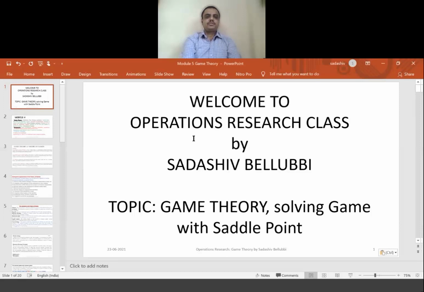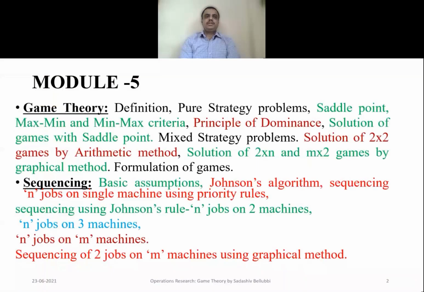we need to study the definition of pure strategy problems and the saddle point, maximin and minimax criteria, principle of dominance, and solution of games with a saddle point. So these are all the syllabus given in game theory. But in today's session, we will study the definition and the introduction to game theory. There are many scientists and experts